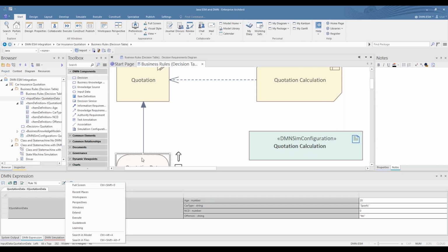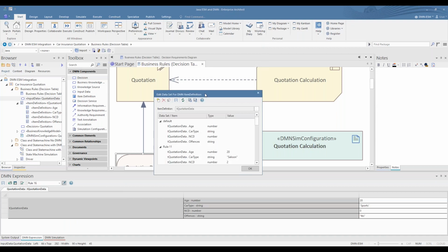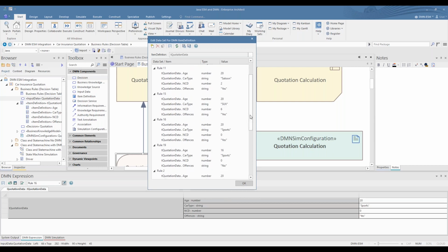So this is the data input here. We click that, and there you'll see there are data sets. We're back live now. We have many data sets that we can create, one for each kind of simulation. And you get a default data set, which you cannot delete. So the idea is you pick a section of rules and you set up the data in here according to what you want that test to be.